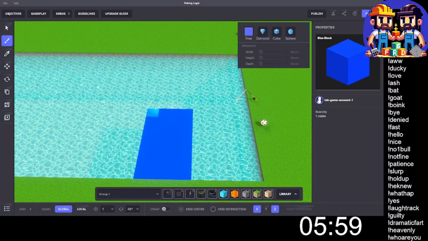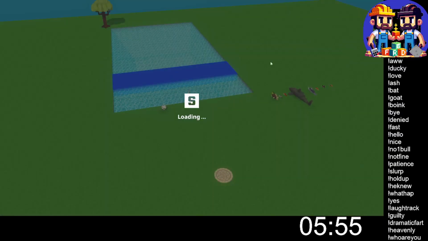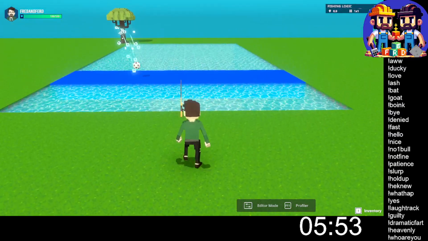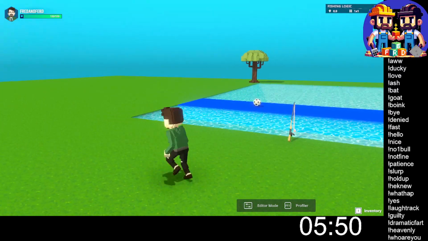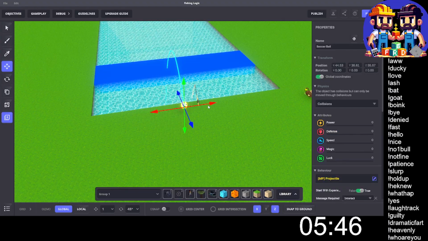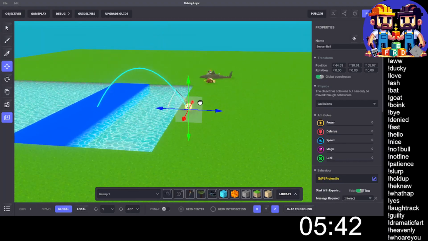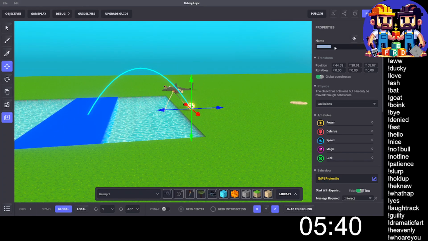This is the first section you're aiming for. All right. So that is the easy